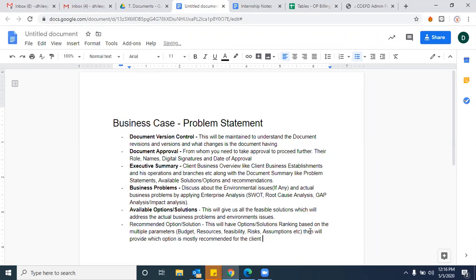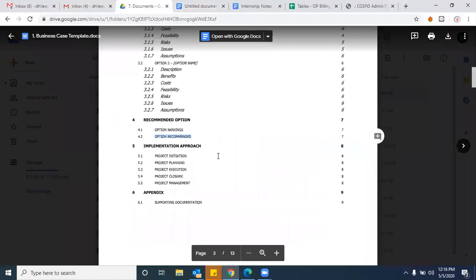What if the risks are at the same level for two solutions and the budget is variable? Then a combination of them. Then the combination of risks and budget will decide, right or wrong? When you have a common risk or a common budget, they'll merge the other two elements. The combination of parameters will decide, right or wrong? Okay, clear on this?